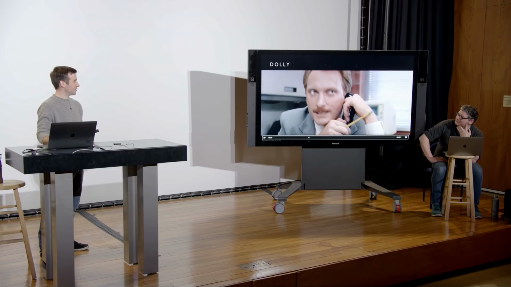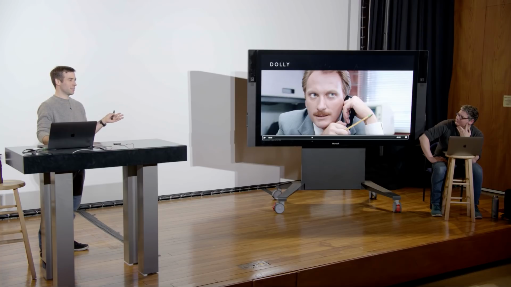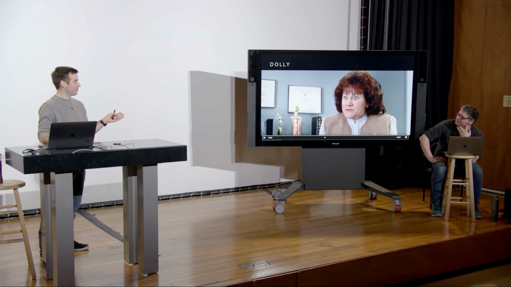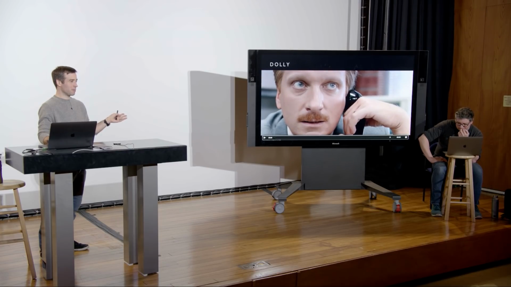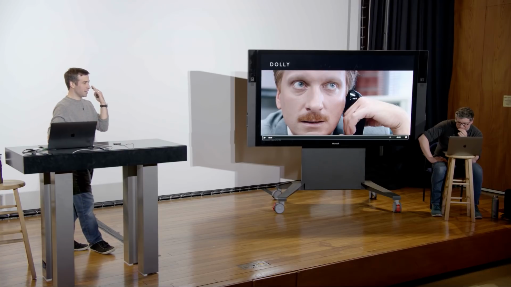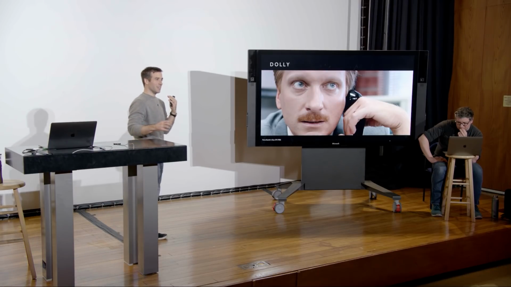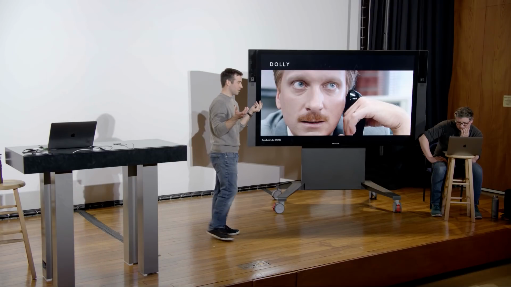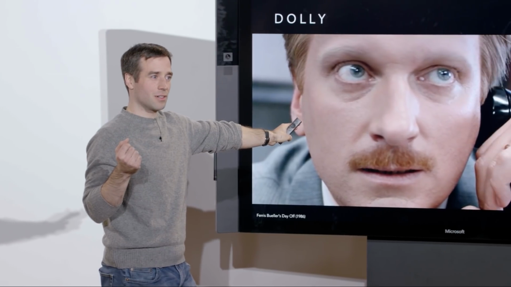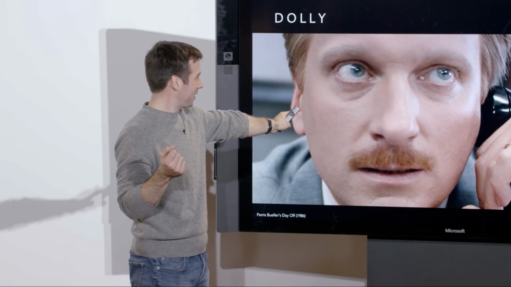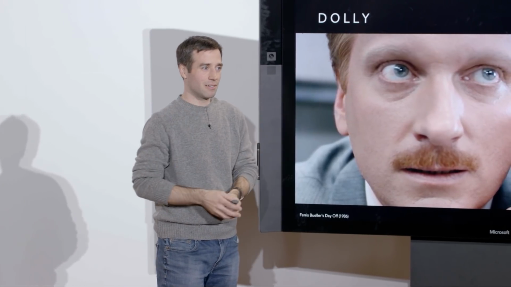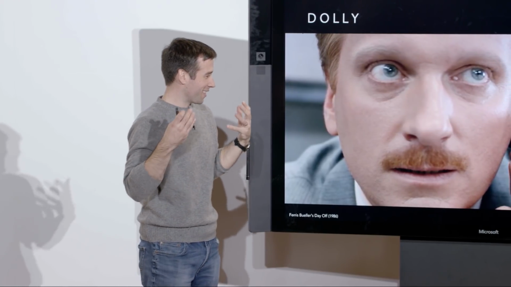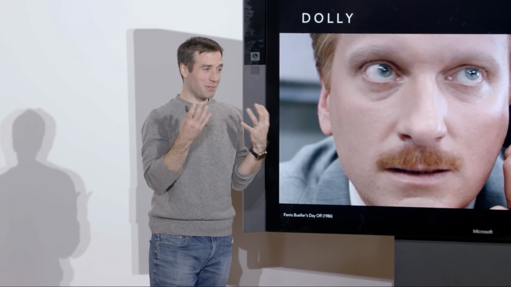We come up to more of a close up shot as he sits up, right? But then we get some news that changes something for our character, and we go from close up to almost extreme close up. We're now cropping the top of the head and the bottom of the chin. And we've talked about this before when we talked about different shot sizes, but what does this do for us as a viewer? It connects us with him. His eyes are much larger, so we get a better read on his emotion. So in this case, dollying in really brought us right up to feel what he feels with this